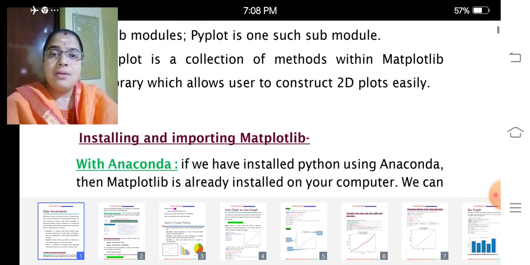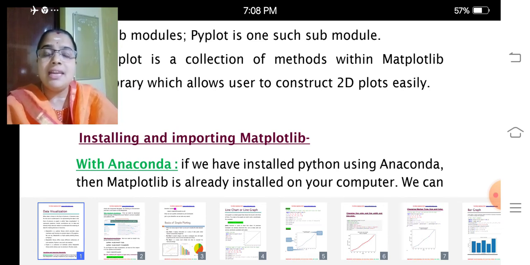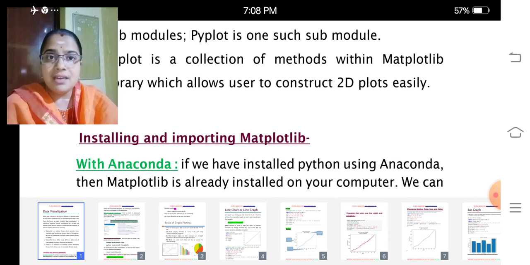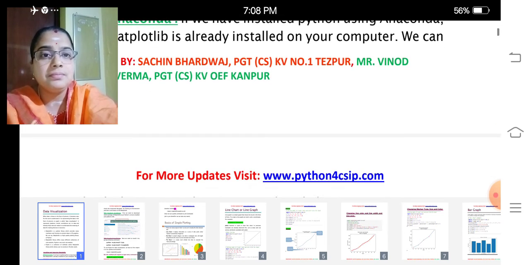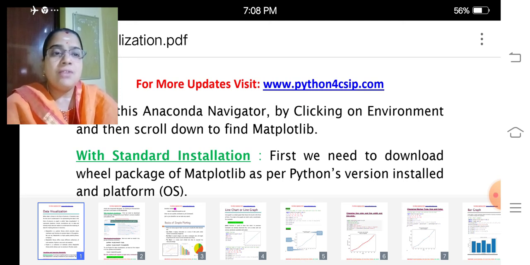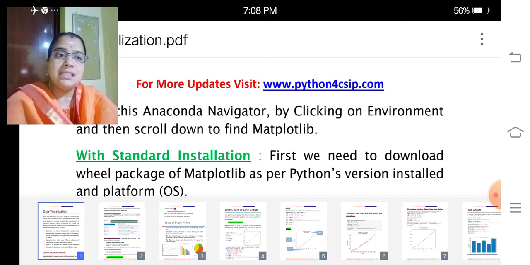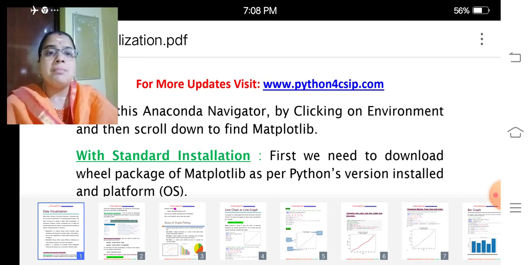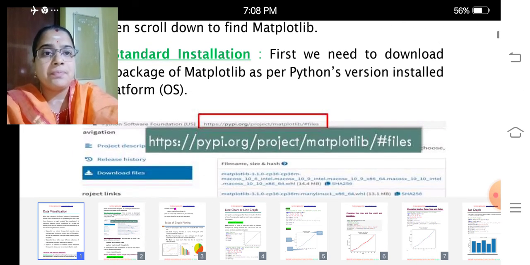Now, let me discuss how to install and import Matplotlib. As you are all beginners, we should know how to install it in CPython only. With a standard installation, first we need to download the wheel package, that is, the whole Matplotlib package, as per the Python version installed and the platform OS.